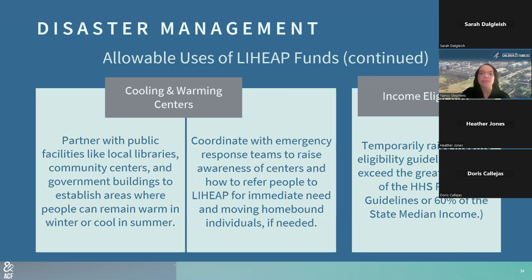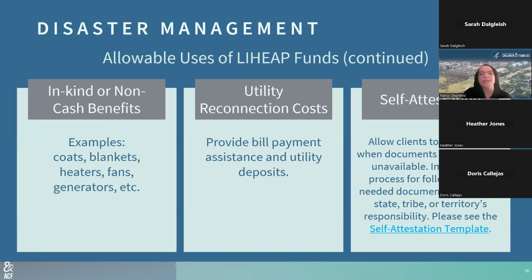Next slide, please. So this slide has 3 additional allowable uses of LIHEAP funds, including in-kind and non-cash benefits. What we mean by that are things like blankets, coats, space heaters, fans, or items that will help provide warmth or cooling, as well as utility reconnection costs when access to energy has been impacted. And finally, you can also offer